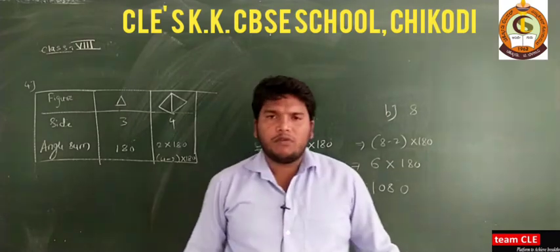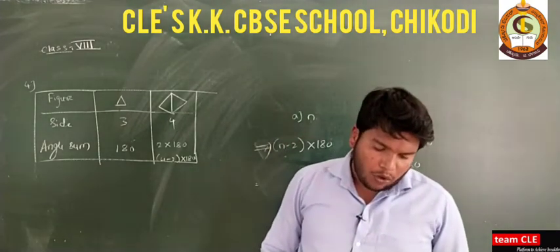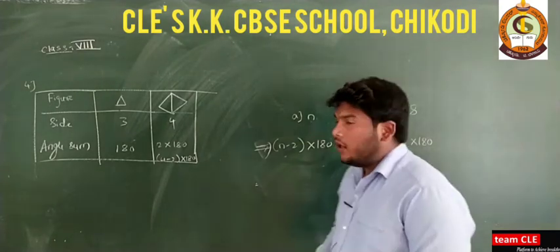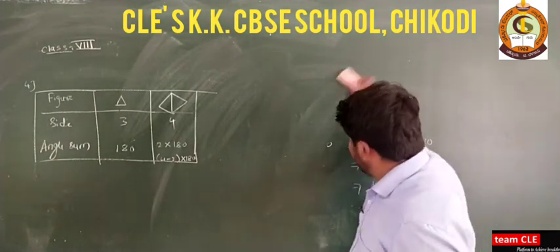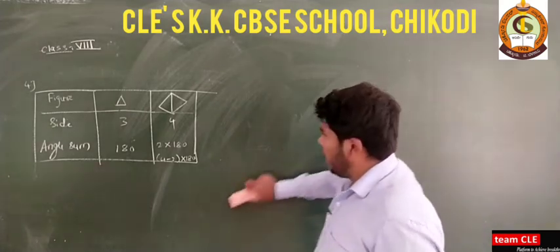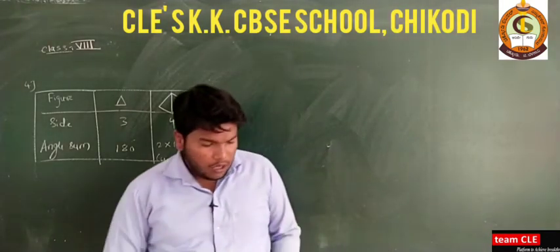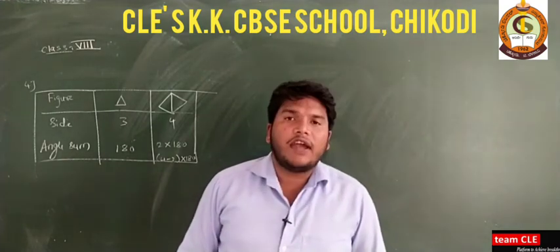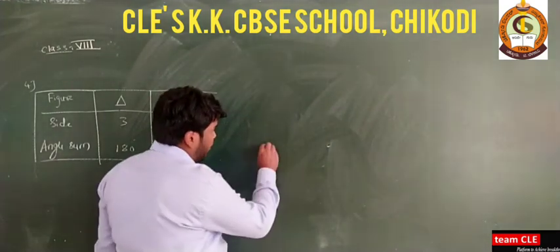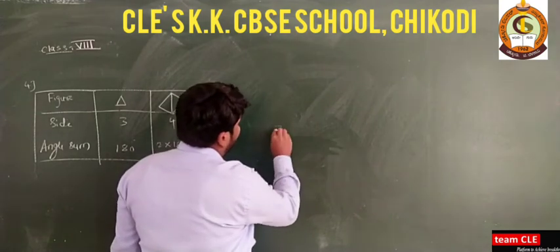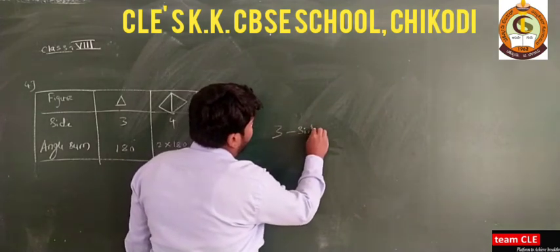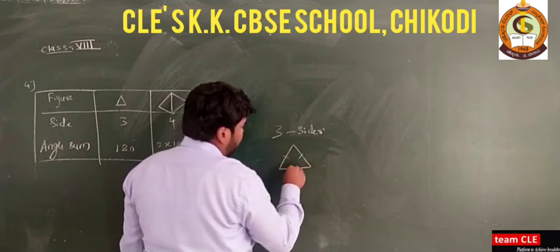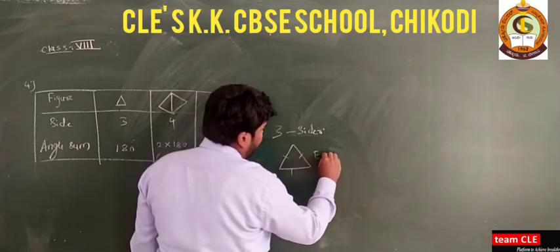Now the fifth question asks, what is a regular polygon? Regular polygon means all sides and all angles are equal. The question says state the name of the regular polygon for the given number of sides. If it is 3 sides, it is an equilateral triangle. So you have to write equilateral